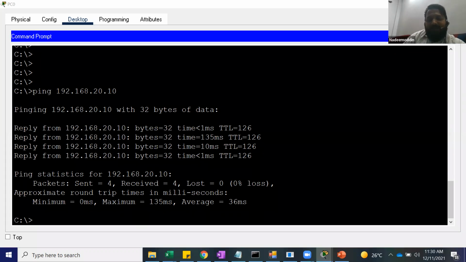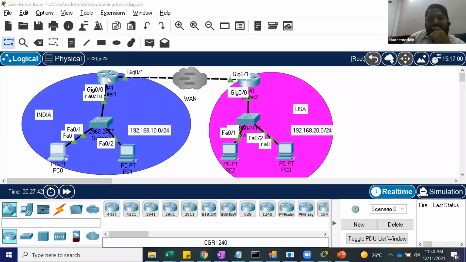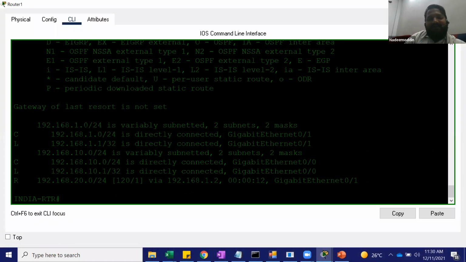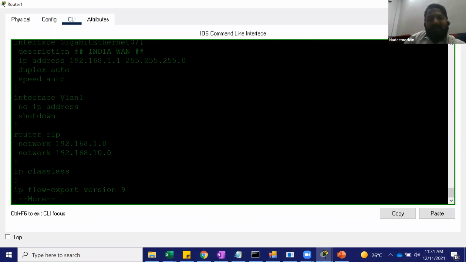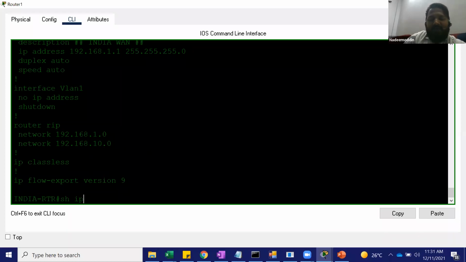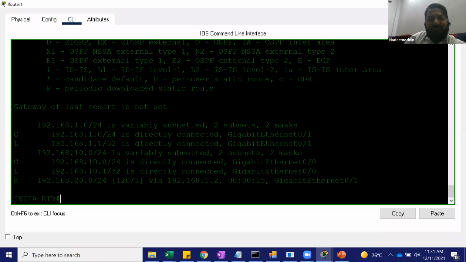Okay, so Ubaid, can you see how simple it is? What you did, you can see automatically the routing came here. This route automatically came here. And you can see the 120 means it is representing this one. So that's the beauty of it. And what is the command? Show run. If you see, what you did, you just go to router RIP and advertise your own directly connected network. That's it. So what happened with that effect? All the non-directly connected networks came into the picture. See? Okay, now I will extend this.